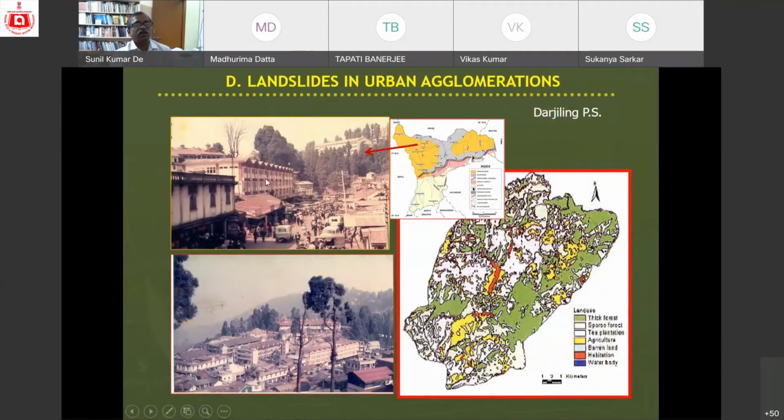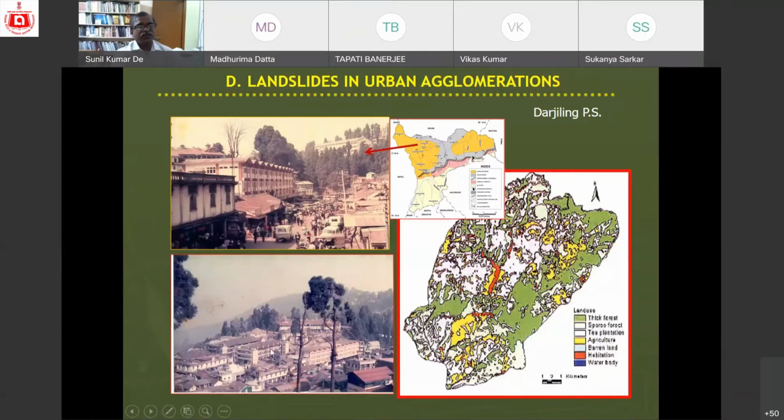The government has constructed this building to rehabilitate these roadside hawkers. Many of you have gone to Darjeeling Himalaya. You have seen that if you come down from the Darjeeling Mall area to the bus stand or motor stand area, you will find thousands of hawkers sitting along the roadside. The government has taken the initiative to rehabilitate them here. They occupied the building, but they remained along the roadside and use the building as their residential house. This is the most pathetic scene in our country, and in most developing countries, not only in India.